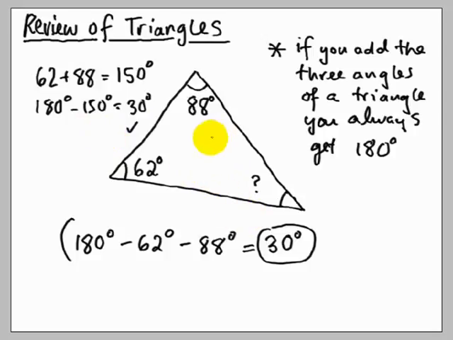Another thing I want to say is in this course, and in pretty much every geometry course from now on, when we draw diagrams, we are not drawing them to scale, okay? What that means is if you take your protractor out, you remember your protractor? It's like a half moon. It's got little marks on the edges, and you can measure angles with them. If you take your protractor out and measure this angle, pretend this is a piece of paper, and it doesn't turn out to be 62,